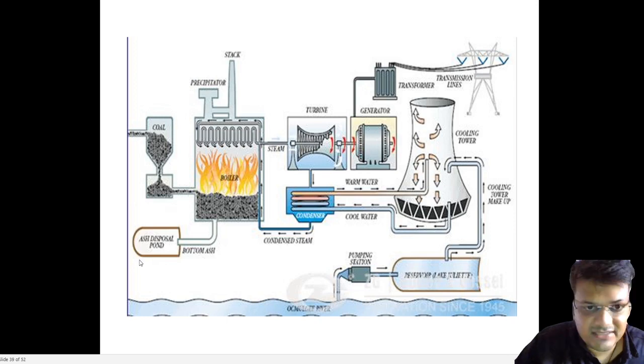Suppose this time the generator is generating 600 megawatts. Suppose the load decreases or increases. To maintain that, if the load decreases we have to decrease the generation, or if the load increases we have to increase the generation. So how will it be done? We will simply reduce the speed of the turbine. How will the speed of the turbine be reduced? We will reduce the amount of steam thrown to the turbine blade.